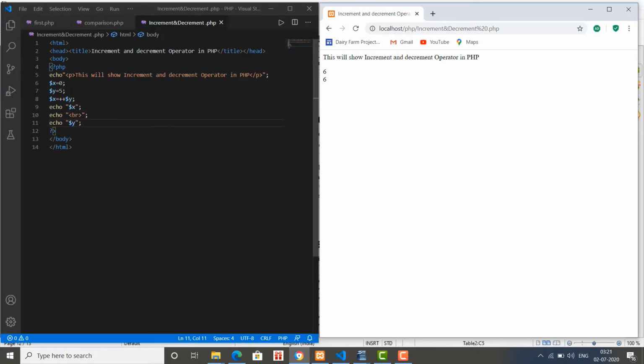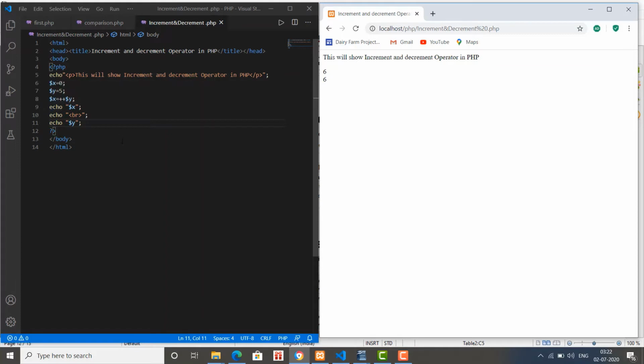Here we got the value of variable x equal to 6 and the value of variable y equal to 6. Now look at the case. Initially the value of x is 0 and the value of y is 5. We are assigning the value of y to x.